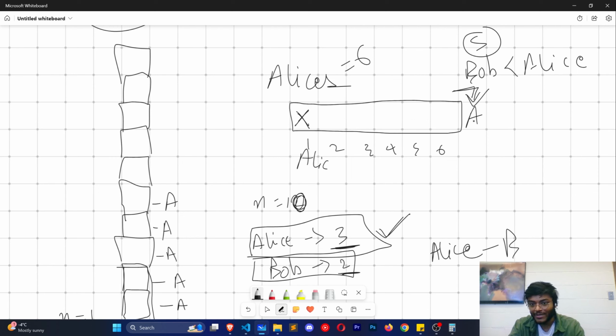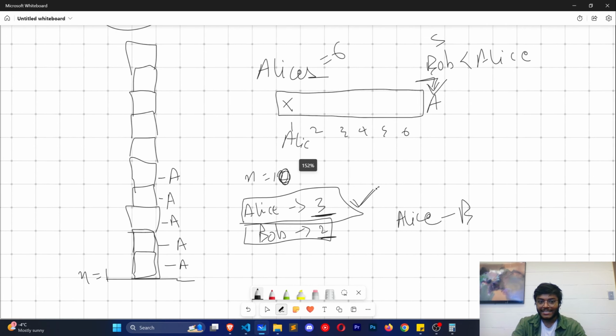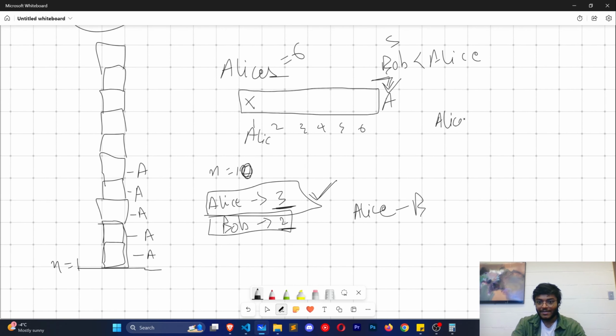If Alice wants to be over here, let's say this is four, then Alice can just remove, again, sorry, two, and then again Bob will be somewhere inside of this. So let's say Bob removes two. Again Alice is over here, and she can just remove this, and again she can be there. So that is the reason why, if Alice is greater than Bob, so the condition is Alice greater than Bob,